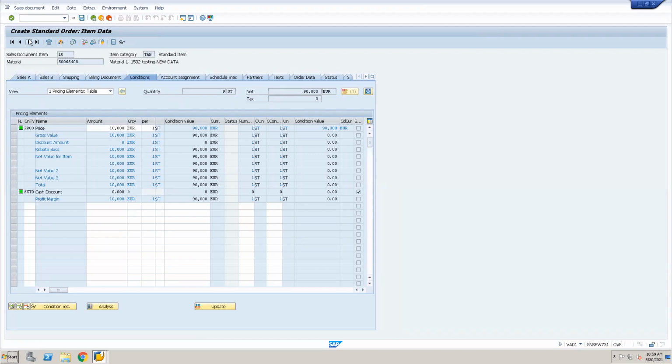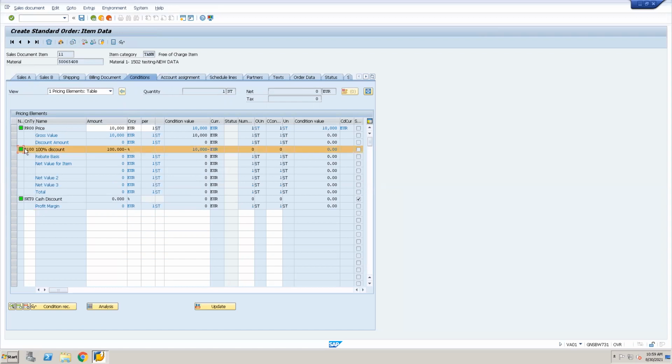Second line item, that is 11. You can see this is 10,000, but because there is a 100% discount, it is deducting the cost KBTR value 10,000 and minus 10,000. Again, it is coming to zero value. Net value is 0. So that's the reason net value is 0.